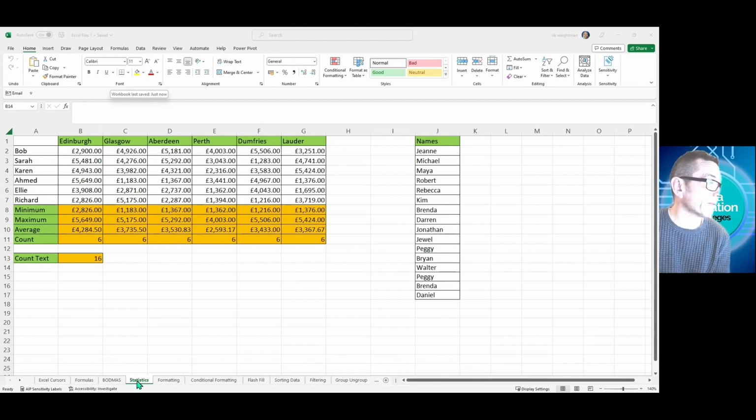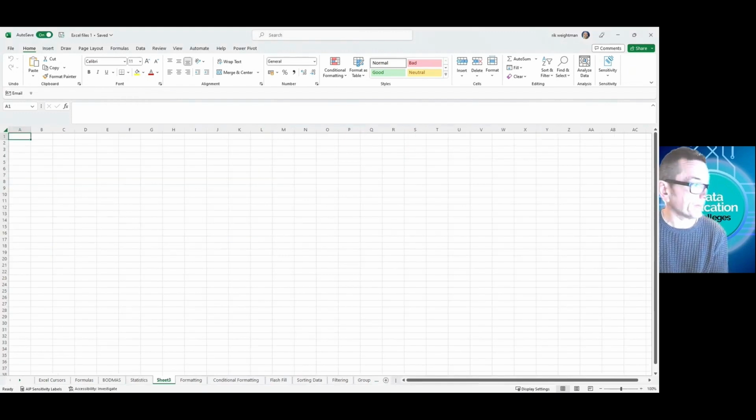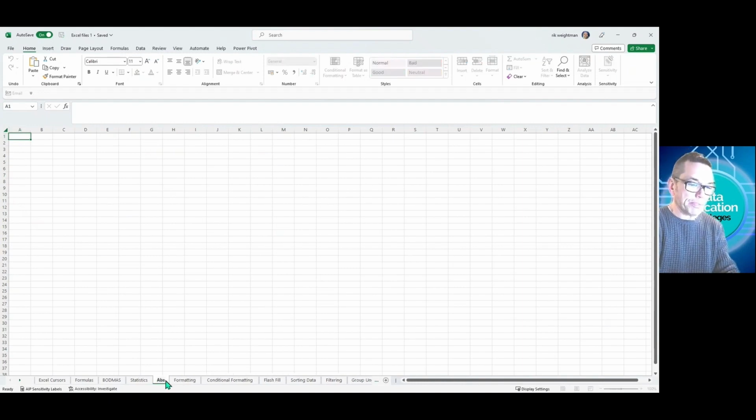Okay, so first things first, I'm going to ask you to stick a new sheet in. If you've got the statistics sheet open, because that's where we got up to in the last one, then go along and hit the little plus button, it'll add in a new sheet, like there in mine, and it should go just after the statistics one. We're going to firstly rename that sheet, so let's do that. Double click on the sheet 3, or whatever numbers come up with you, and call that absolute